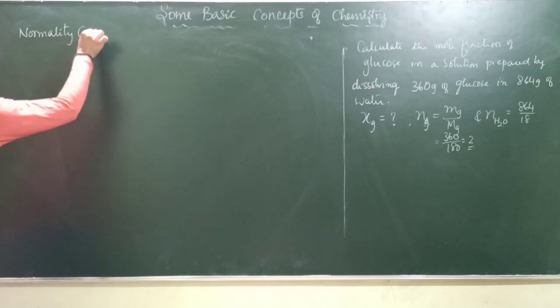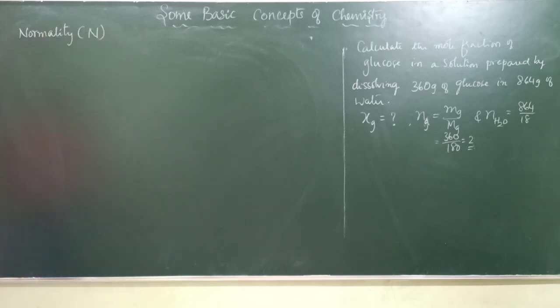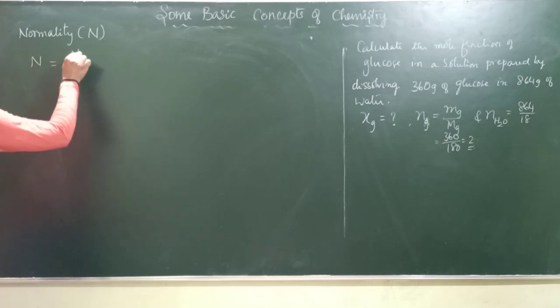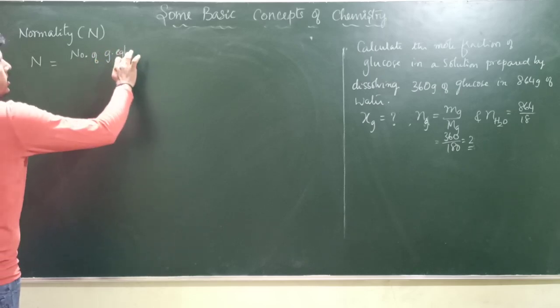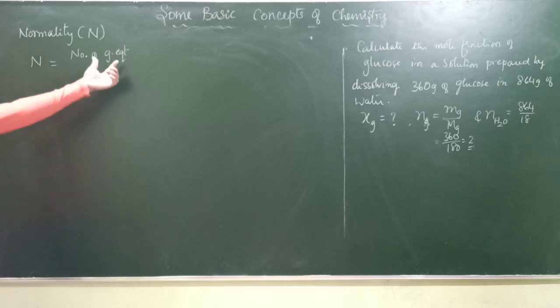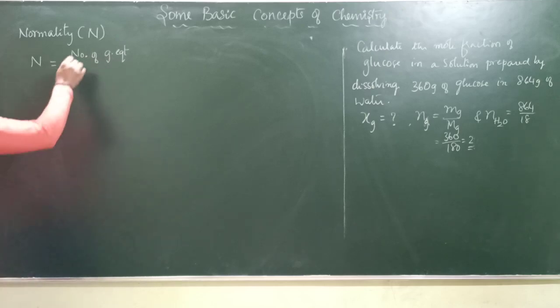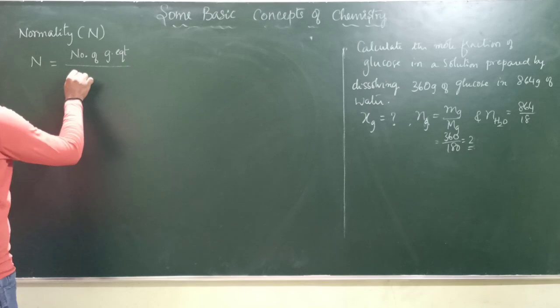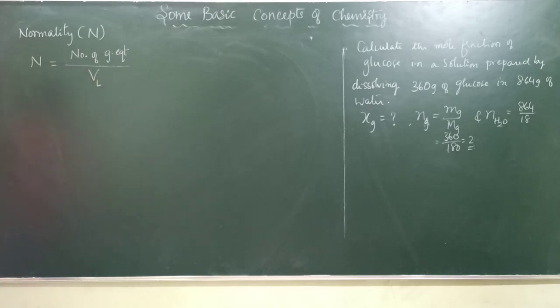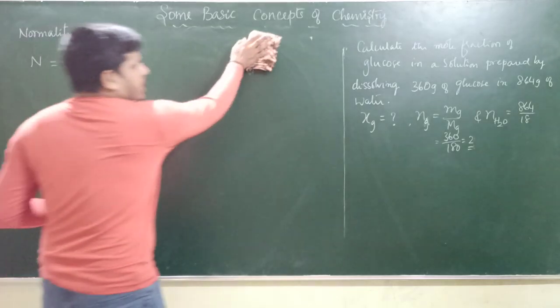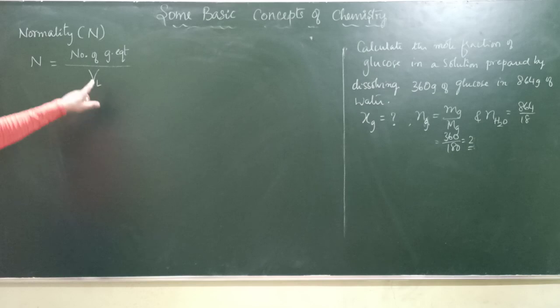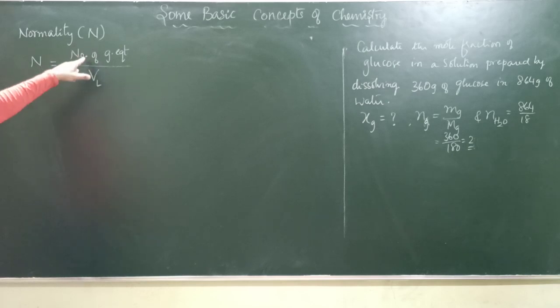Normality, denoted by the capital letter N. Now let me give straight away the formula. Normality N is equal to number of gram equivalents. I'll write EQT, stands for equivalents. Number of gram equivalents divided by volume of solution in liter. Just compare this with your molarity, where you had number of moles divided by volume of solution in liter. Now how is it different? That number of moles is replaced by number of gram equivalents. That is the